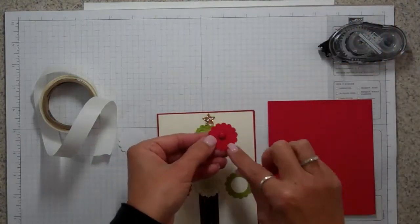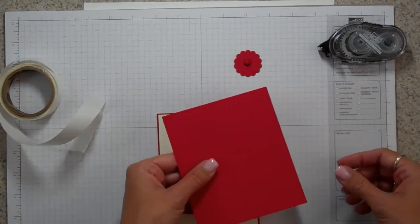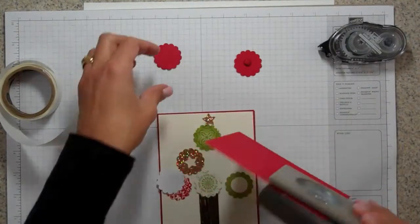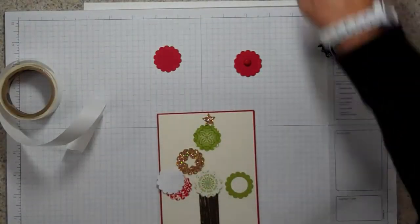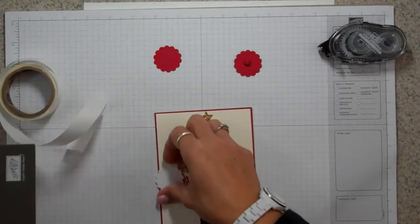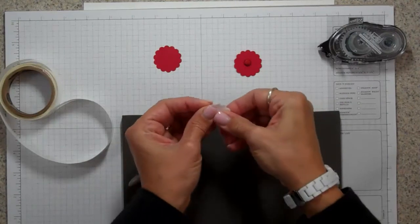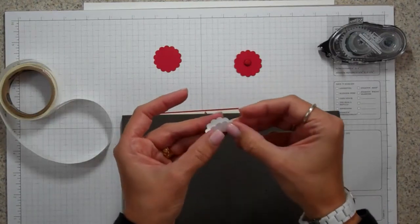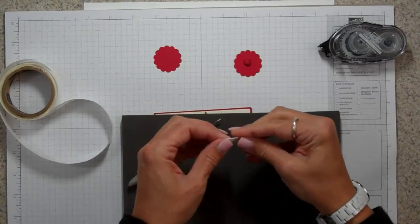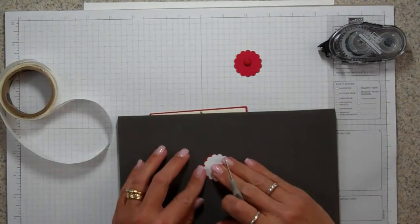And now I need to put this one on, and you can see I used a glimmer brad. But I want to show you how I was able to get the glimmer brad right in the center. So I'm going to take my 1 1/4 inch scallop circle punch and pop one out right there. Then I'm going to take my paper piercer and my paper piercer mat. I have already punched out of computer paper another 1 1/4 inch scallop circle. I'm just going to fold it both ways, which gives me a cross, and now I can see exactly where the center is. So I take the piece of paper, I put it on top of the circle,